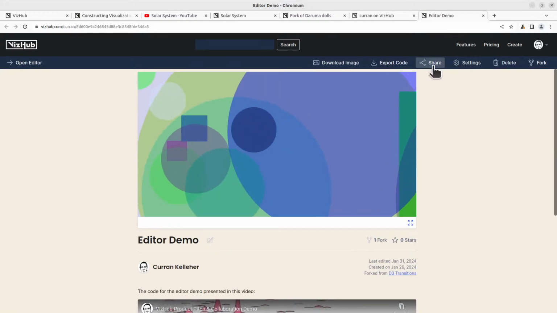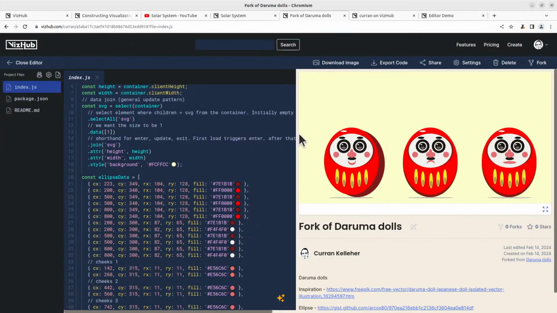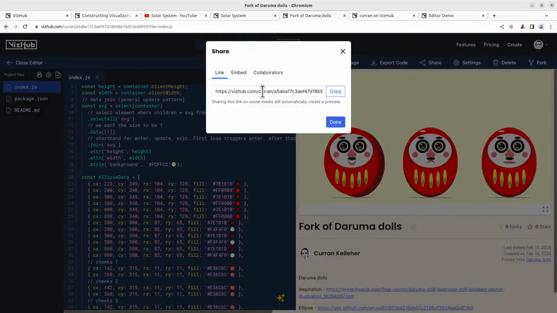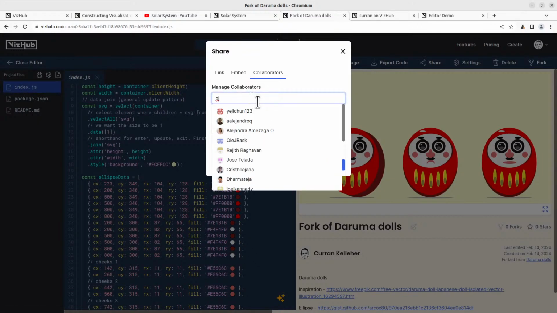So I could say share, collaborators. No, bring me back to the dolls. Oh, you want to go to the dolls? Okay, yeah, let's do the dolls. All right, so I can add specific people, like if I search for EJ,